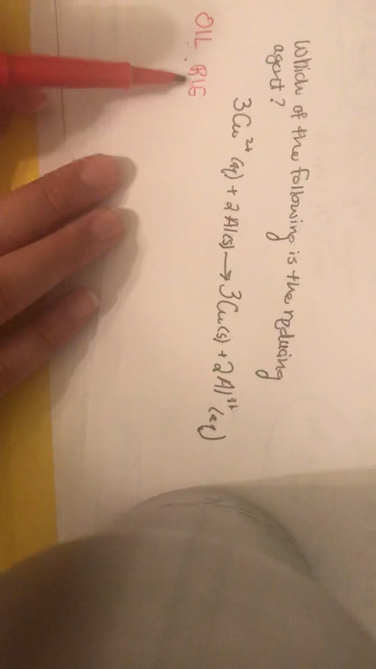Okay, so we are determining which one of these is the reducing agent. Now, it's helpful to remember this little saying right here, oil rig. Oxidation is loss and reduction is gain. So whichever one of these elements is gaining the electrons means it is the one that is being reduced, which means it's the oxidizing agent, and whichever one is being oxidized is the reducing agent, because as it is being